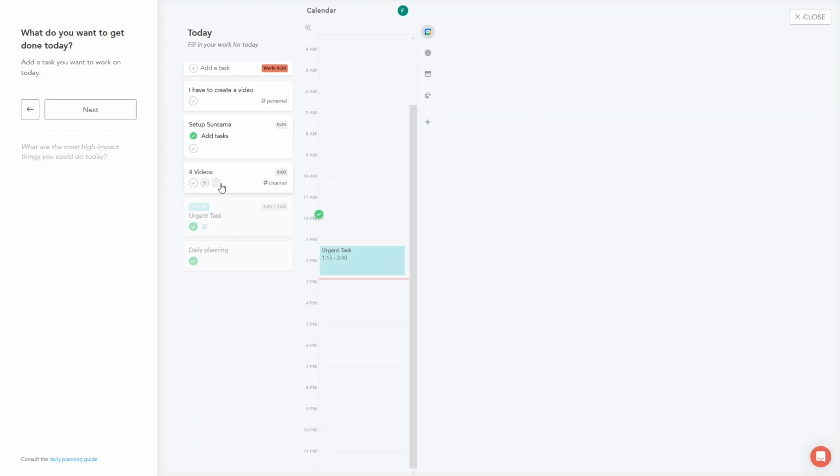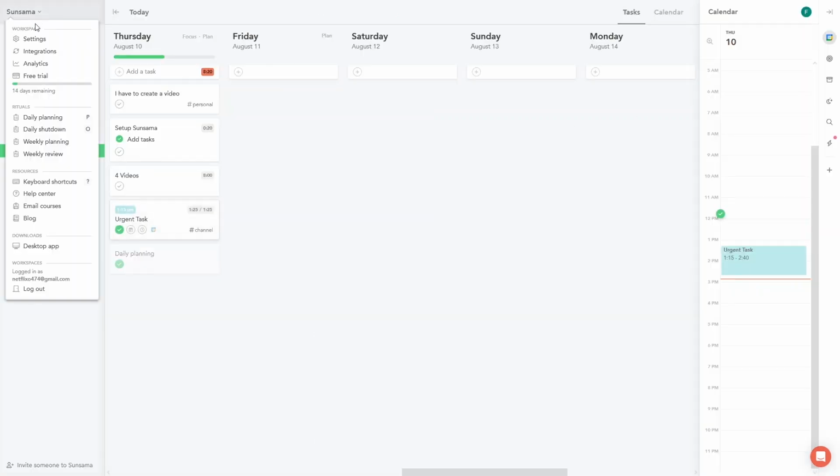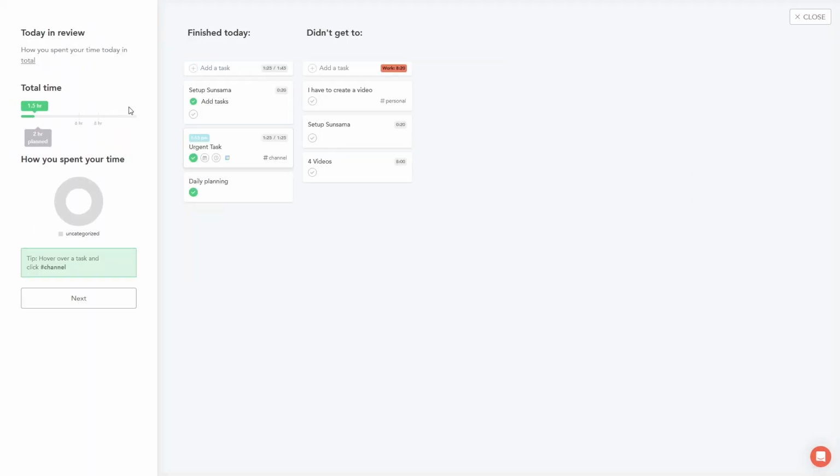You can see that we have these tasks, we have this calendar based, and here we have to define what we want to get done today. Let's close this. So after that we actually have the daily shutdown. So the daily shutdown simply means how I want to end my day here, and have I reached the total time limit that I have set earlier on the daily planning, and we have these options. So if I click next,